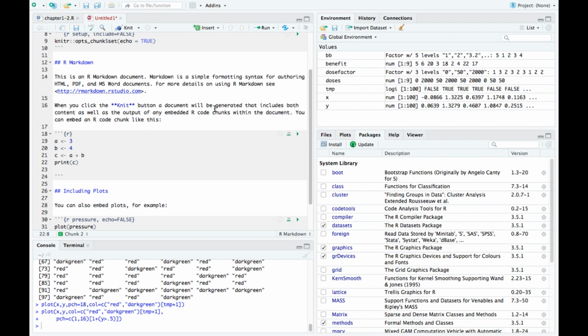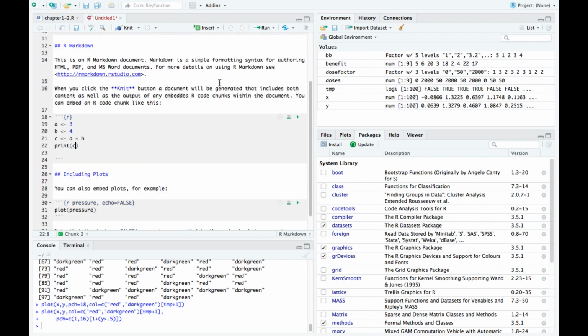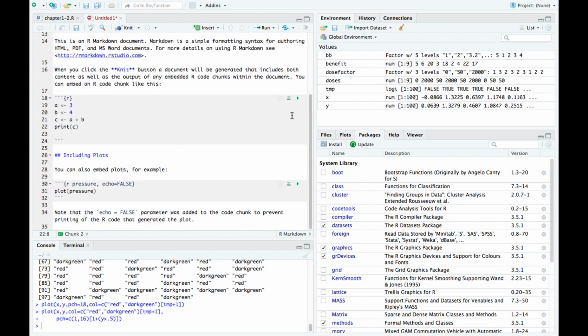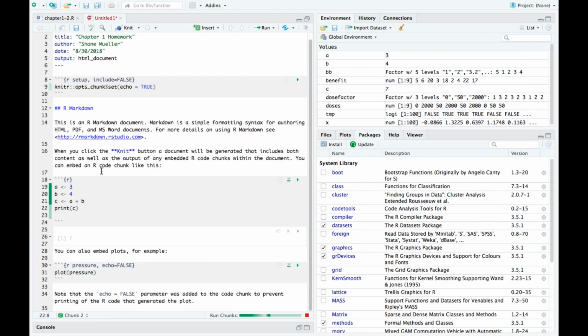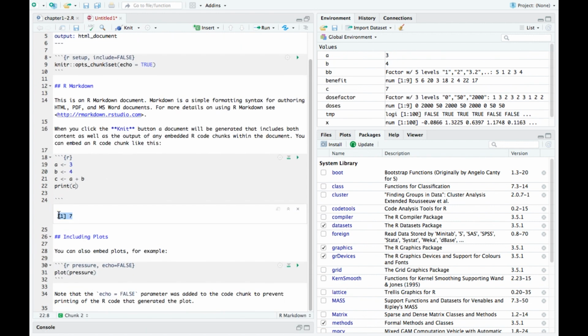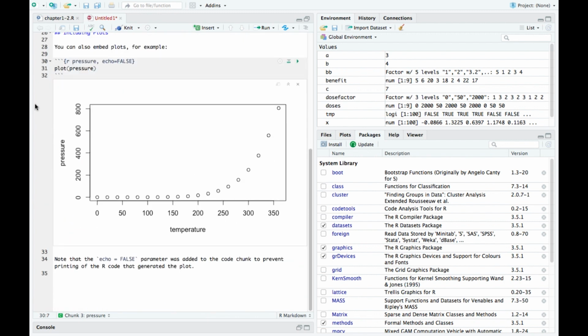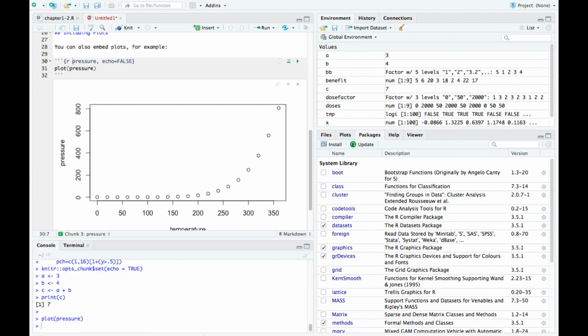It will run this. Now there's a couple ways of running all of this. One is running it within the RStudio window, and I can push this button and it will run that. And you can see that C printed out and it's equal to 7. This binds a data set to this little scope. There's also, so I think if we plot, this is a data set that's available. Anything you run in here is going to be available within the console. So if I type pressure, I can see what the values are. So it plotted this data set, pressure,